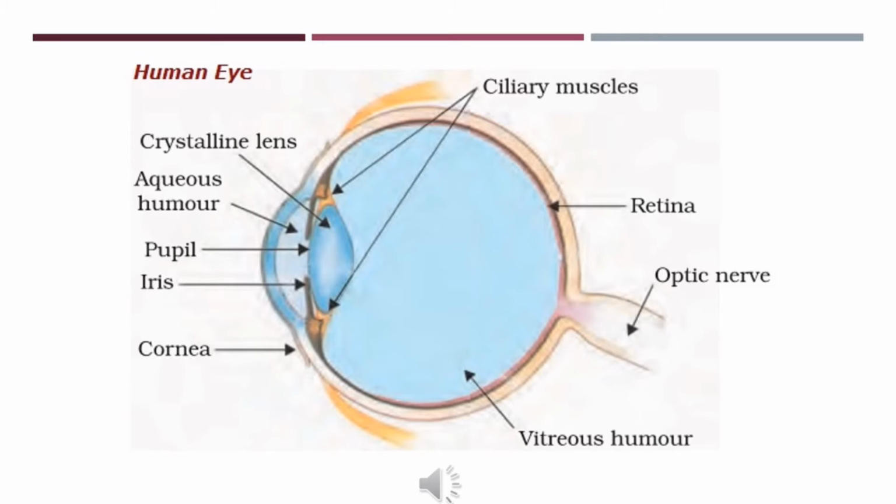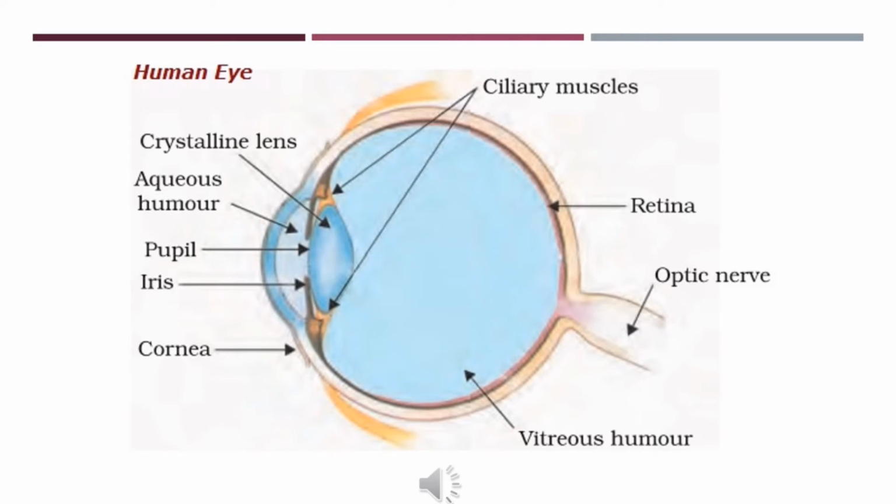So the next structure is the crystalline lens. The crystalline lens provides the final adjustment of the focal length, which is very important in order to focus objects at different distances on the retina, since the crystalline lens forms the image on this light sensitive organ, which is known as the retina. So the lens forms an inverted real image of the object onto the retina.